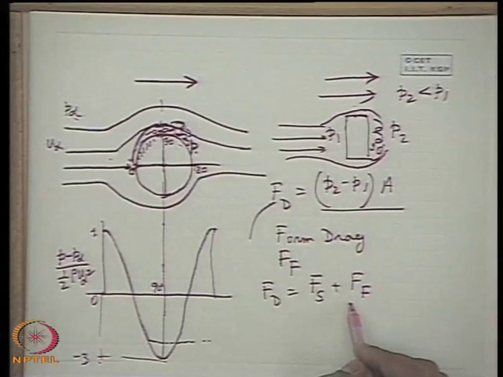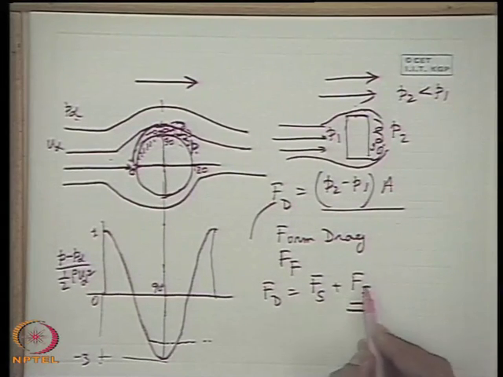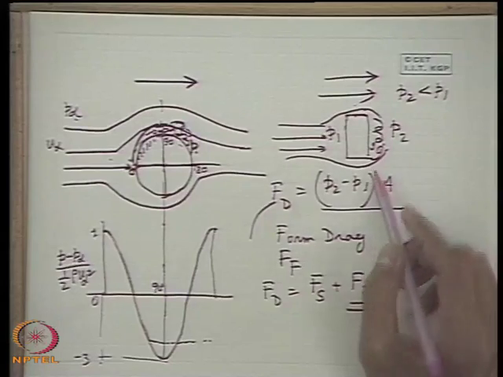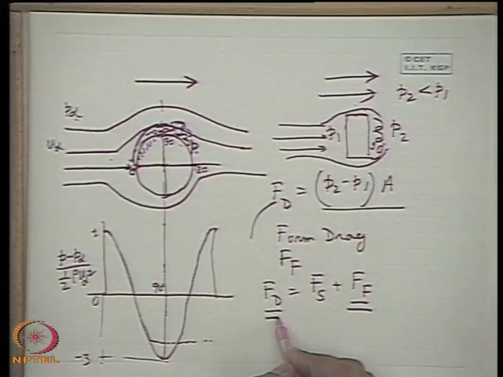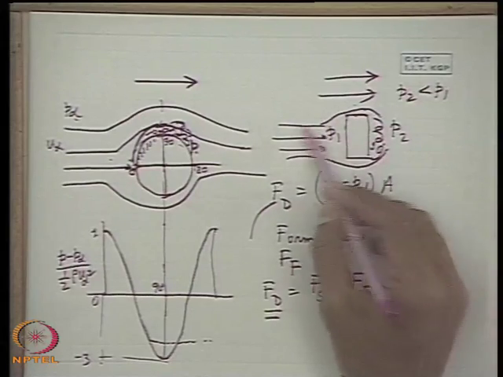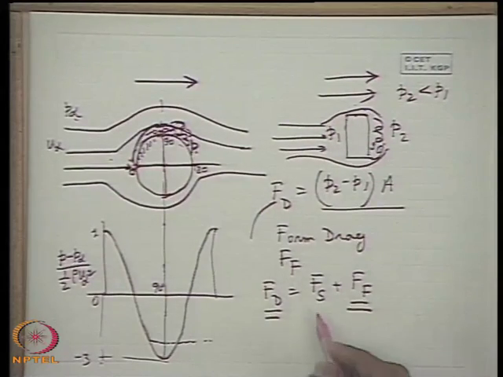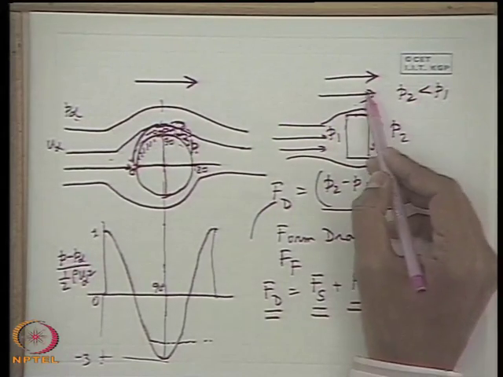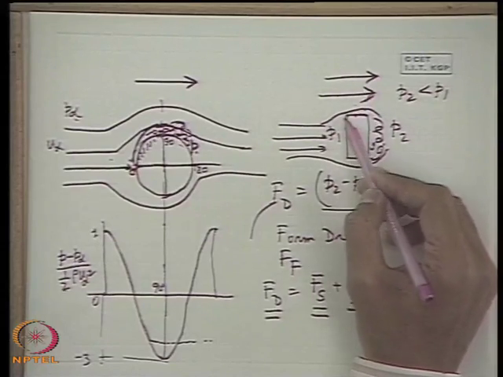So, that is why it is named form drag, which depends upon the form of the body, which is due to the boundary layer separation. So, the drag force exerted by a body when it is placed in the stream of a real fluid experiences two kinds of drag force, that is, the force in the direction of the flow of the fluid with respect to the body.